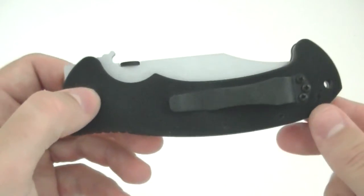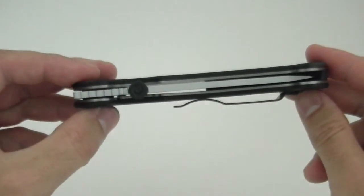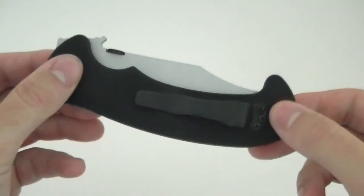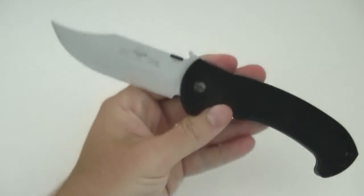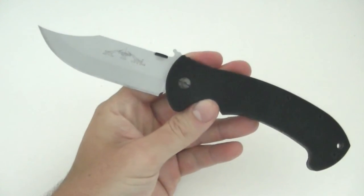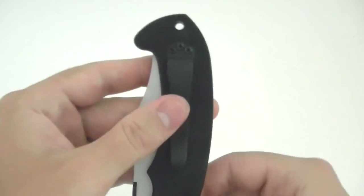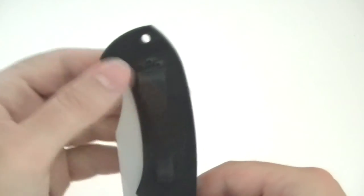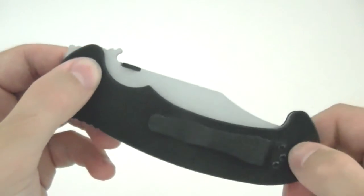In terms of actual carry, this is a pretty comfortable knife considering it is big and wide. For 5 ounces, you get a lot of knife here, so I don't have any problem with the weight, and I don't really have a problem with the way the knife carries either. It's been quite good. You'll notice that it's not an ultra deep carry pocket clip. That allows you to access the knife easily, make use of the wave deployment feature, which is, of course, the